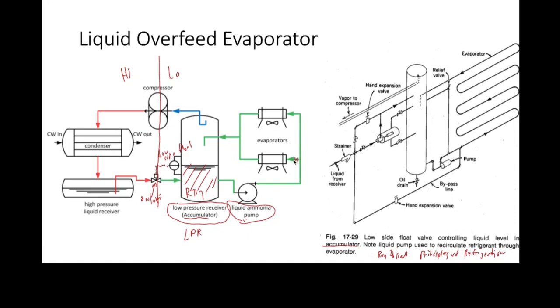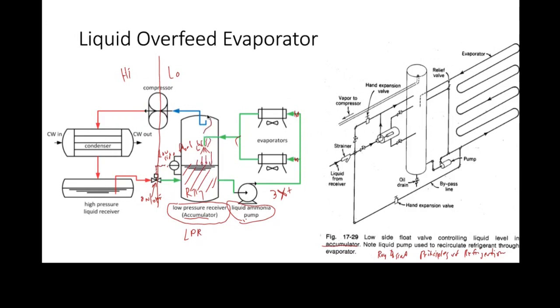And maybe we might have manual balancing valves so that each one is getting the proper amount of refrigerant. But they're going to be fed 3 times the amount that they can actually evaporate. So in other words, they're going to be really, really wet. They're like flooded evaporators, sort of, but it's with positive circulation of ammonia through the evaporator coils. And so what we get coming out is a two-phase mixture, both gas and liquid, and the liquid falls down,